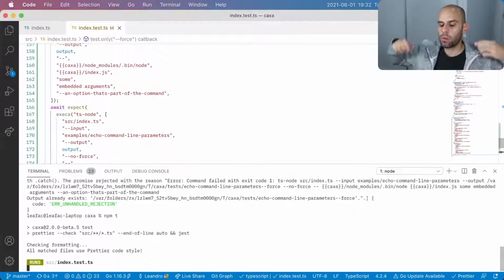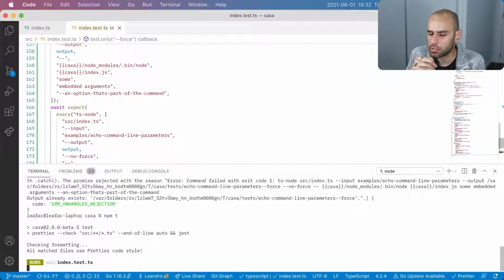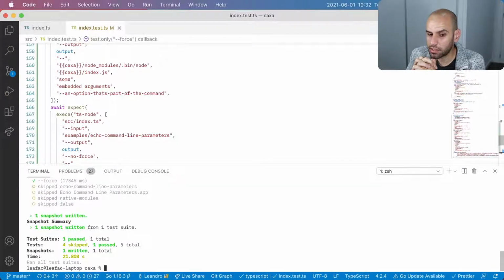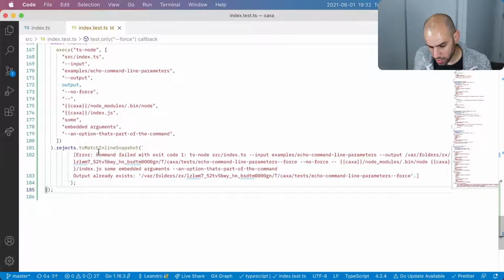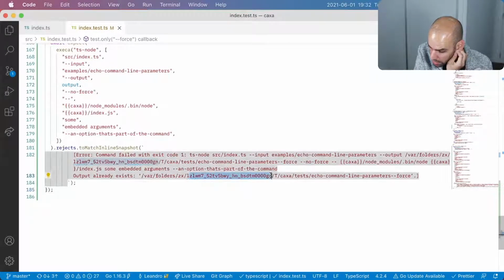Meanwhile, let's think about what we need to do to test the ignore stuff, the exclude stuff. We need to maybe build something, excluding something, and then we need to maybe have a command that lists the files in there. Okay, so this test has passed, and let's see what the error is. Error: command failed with exit code 1, and all that seems good, but this snapshot is no good because it has a path hard-coded. So instead,